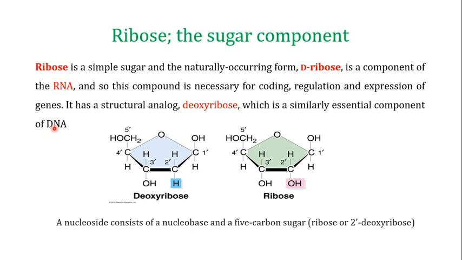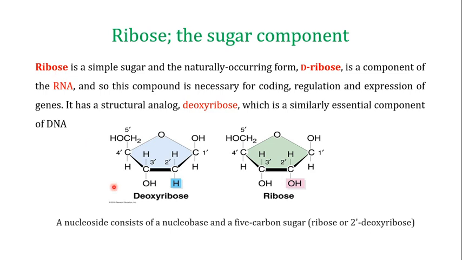So what is the difference between the ribose and the deoxyribose then? If you look at the structures over here, at position number 2 in the ribose, you have got this hydroxyl group. But when you convert this into the deoxyribose, deoxy means that one of the oxygens has been removed. So if you look at the deoxyribose at position number 2, you only have a hydrogen, you do not have any oxygen group. Therefore we call it the deoxyribose, a ribose from which an oxygen has been removed. So this deoxyribose is the sugar component of the DNA. This ribose is the sugar component of the RNA.